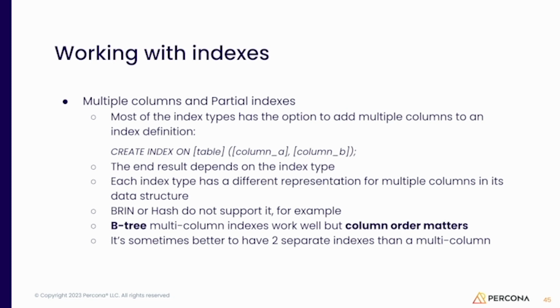But the zip code can be null. So if I have 50% of the zip codes as null and I use a B-tree index, it's likely not to be used. However, if I create the index telling it I don't want to use